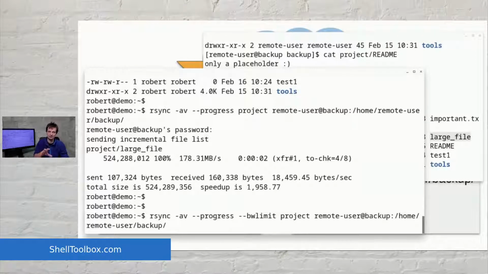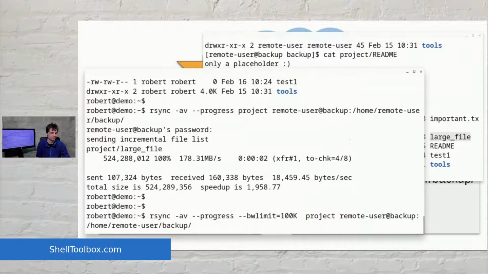You can limit the bandwidth the rsync tool uses. And this prevents rsync from eating up all the available bandwidth of your internet connection. You can do a bandwidth limit, and you can say, for instance, let's do a limit of 100